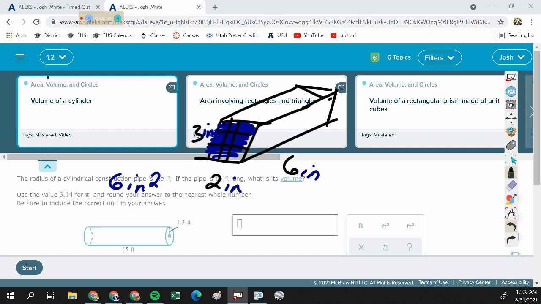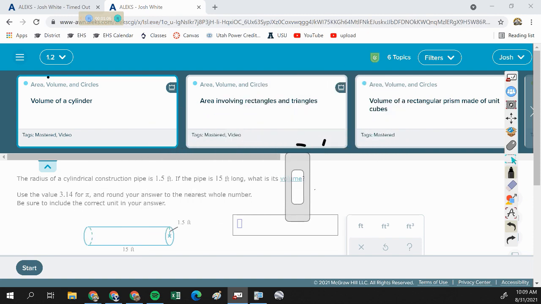To find the volume, we have to stretch it by 6 inches. So we times that by 6, and we get 36 inches cubed, which means there are 36 cubes that are 1 inch by 1 inch by 1 inch. Okay, and that idea actually stretches to cylinders or any other shape that has,